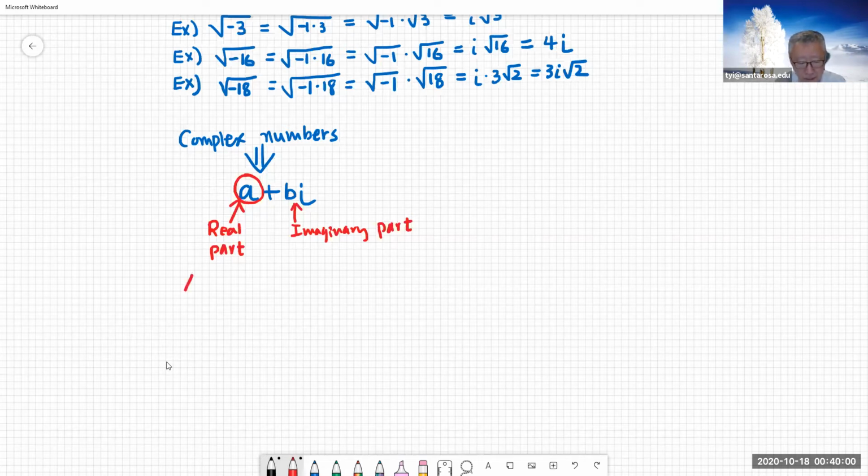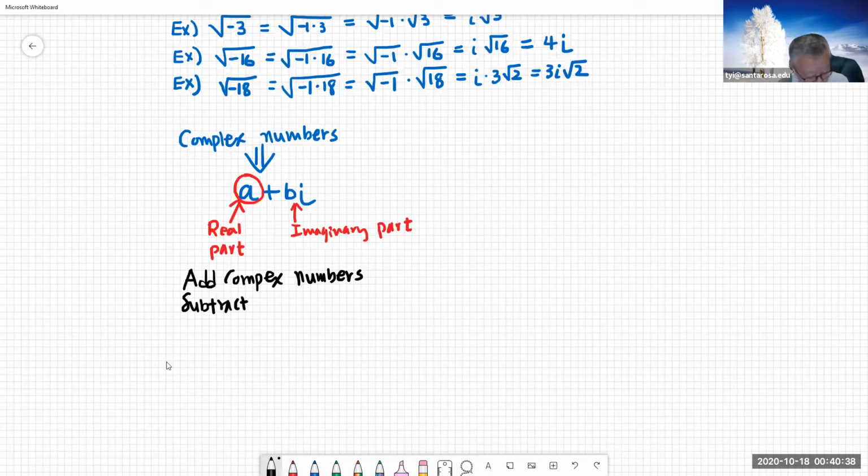You can add the complex numbers. So let's just look at that one here: add complex numbers or subtract. When you add and subtract, you add real to real and imaginary to imaginary. Okay, so for example,